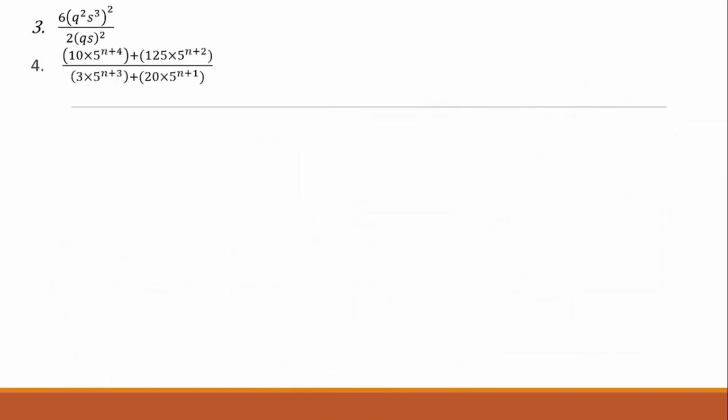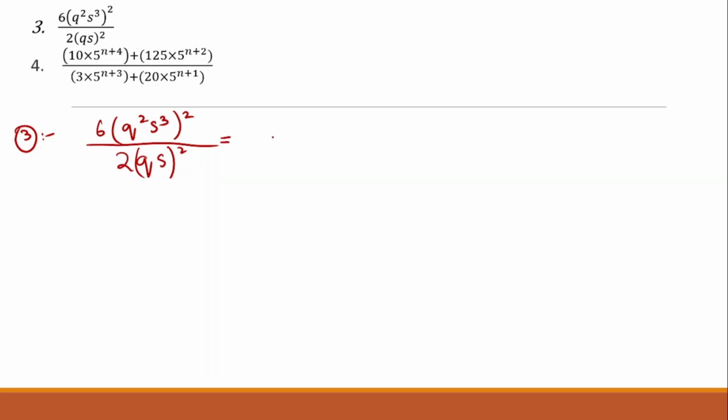Now let's move to the third question. Question number 3 is (6q^2 s^3)^2 divided by (2qs)^2. Okay, there is a whole bracket. So first we need to just